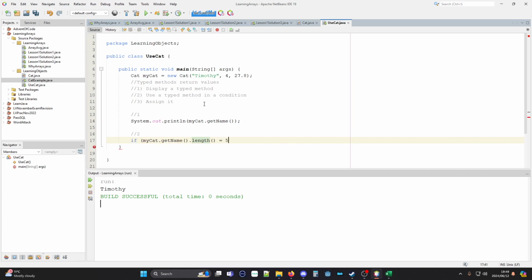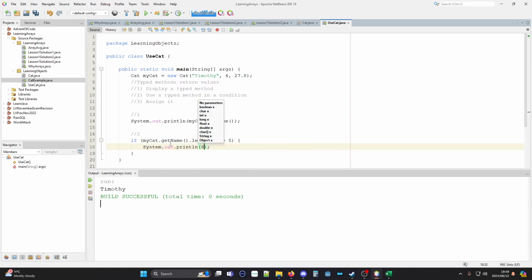Let's make it not equal. What are we complaining about? Oh, I want equals. My bad. Sorry. If I'm testing to see if something's equal, I need 2 equal signs. A single equal sign makes something equal. So I'm getting the name, and then I'm getting the length of the name. And if it's equal to 5, which it isn't,